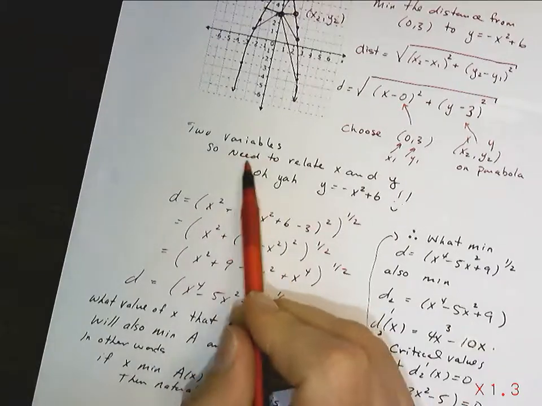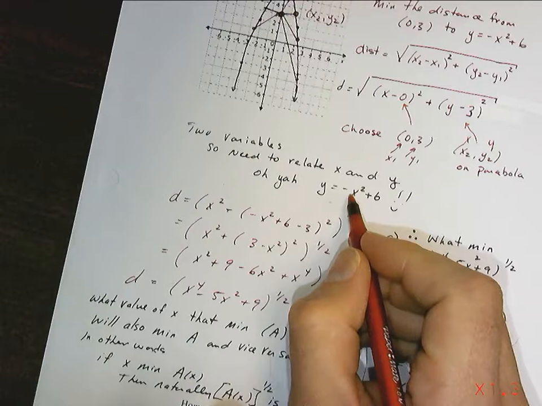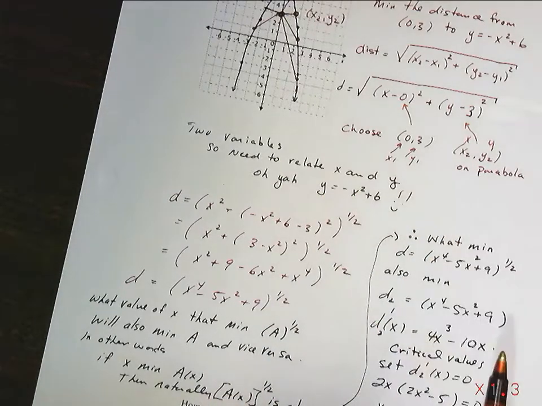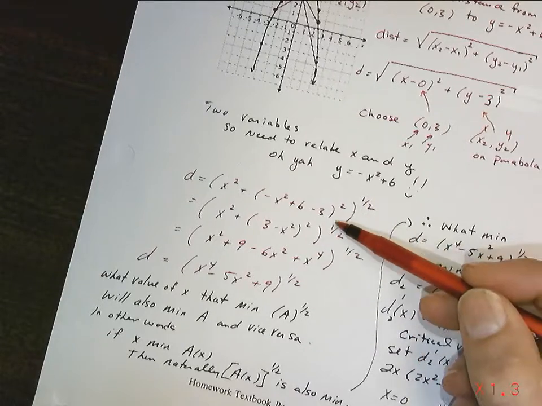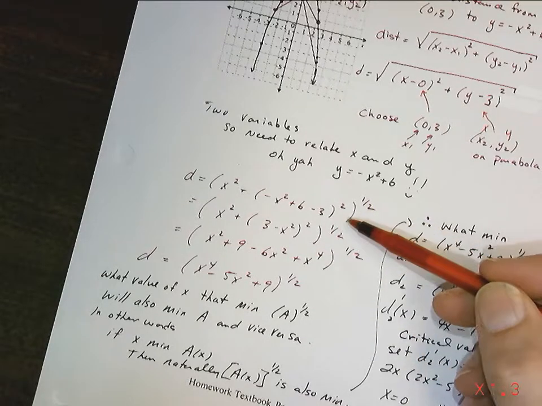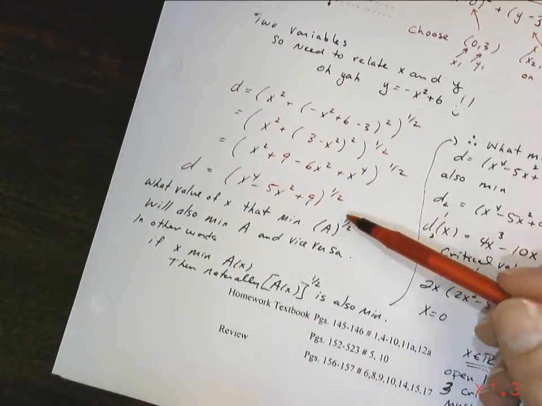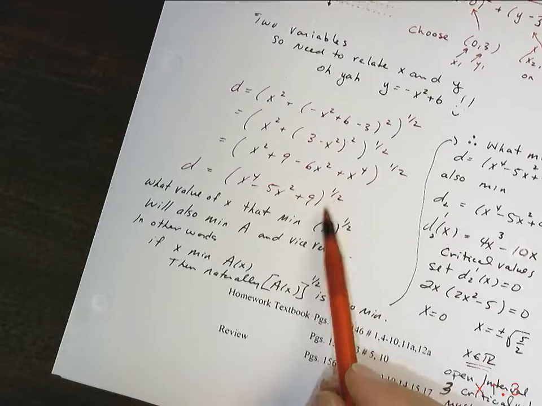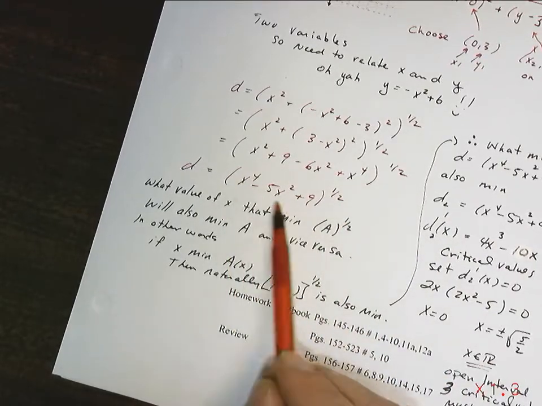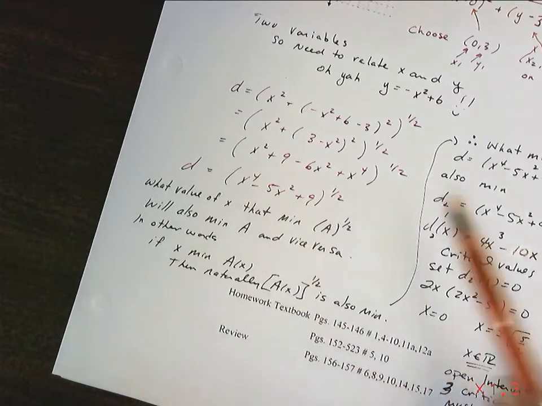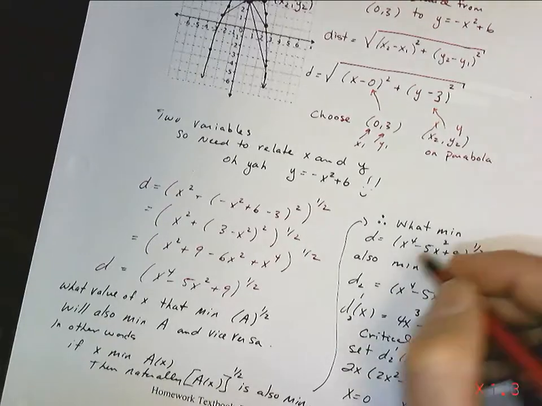We've got two variables, so I need to relate x and y. And by the way, they did that when they gave us the equation, y equals negative x squared plus 6. We went through, we came up with the distance in terms of x, and then I did a bit of a logic statement with you. I told you that whatever value of x would minimize this whole thing would also minimize the inside part. So then that's what we do. I just went and worked with that inside part, this part,